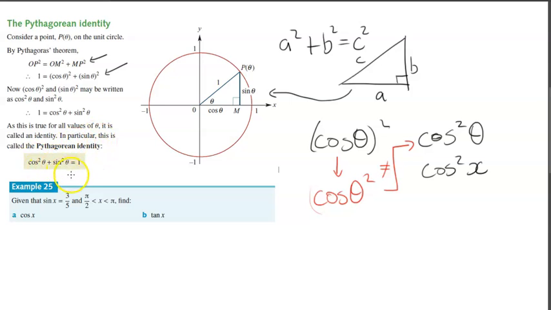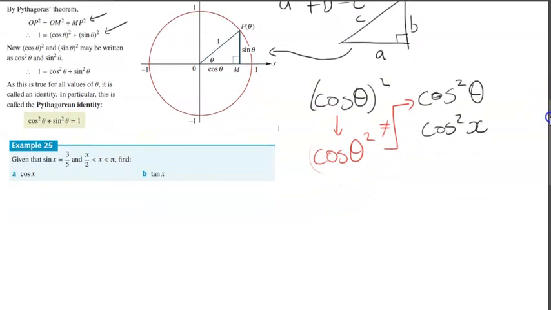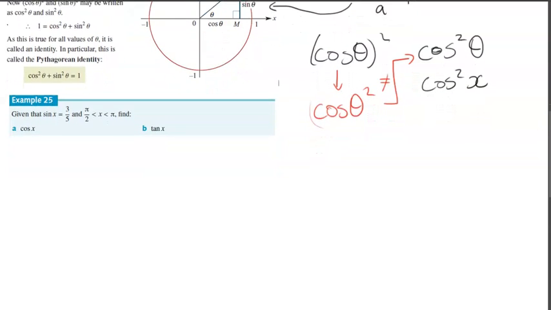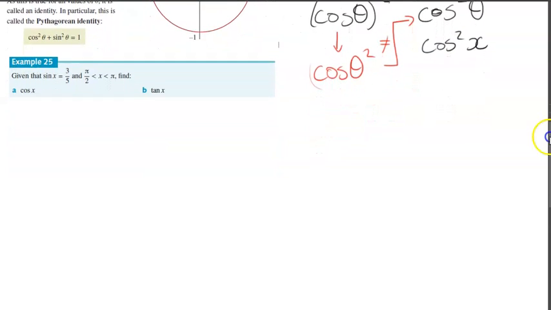Alright, so now we know that cos squared theta plus sine squared theta is equal to 1 squared, or 1. We're going to use this trigonometric Pythagorean identity with our trigonometric identities to solve a question that looks like this. So what we are doing is we are going to find cos of x and tan of x, given that the sine of x is equal to 3 over 5, and this x,